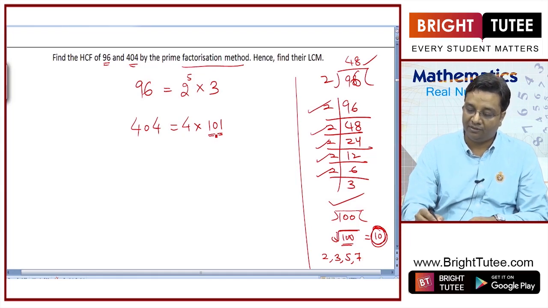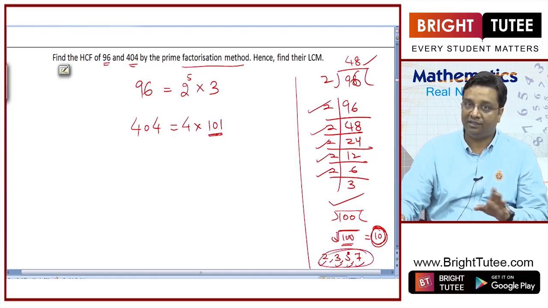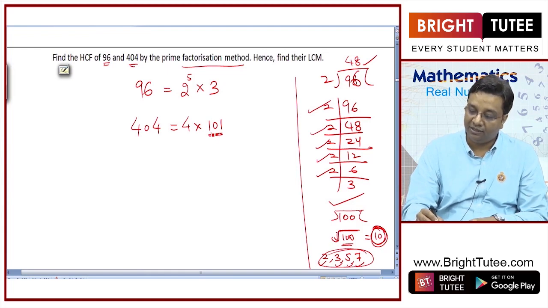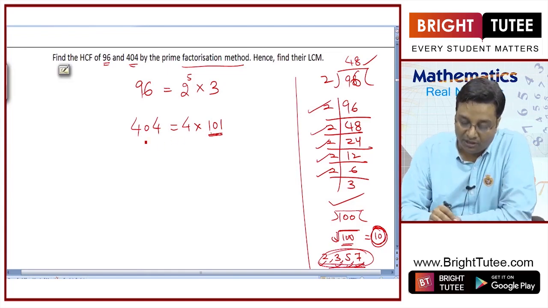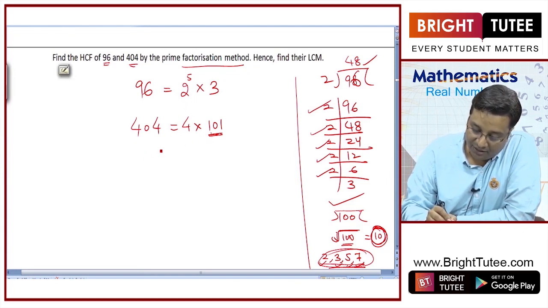You just divide this number by these. If it is divisible by any of these, then we can say it is not prime. If it is not divisible by these numbers, then we can say it is a prime number, and yes, it is not divisible by any of these. So it is a prime number. So now this is the prime factorization here, right? Now if I want to find HCF,